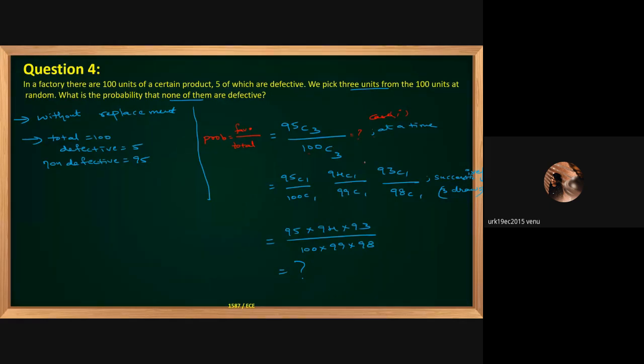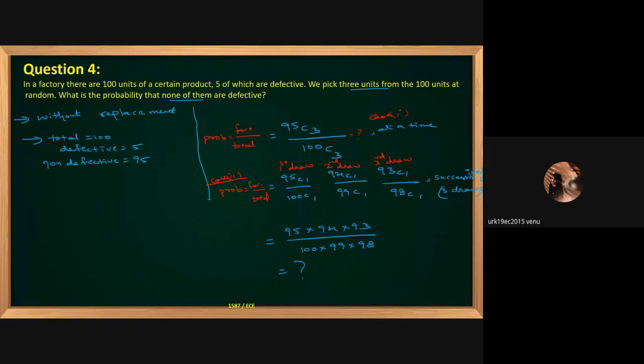Now coming to case 2, you can also go with first draw. This is case 2, the probability we are calculating. We are planning to take one by one, not all at a time: first draw, second draw, third draw. 95 is the non-defective, 100 is the total. Numerator is favorable outcomes, denominator is total outcomes. Out of 95, we are taking 1, and for total outcomes, 100 C1. This is the first draw completed.